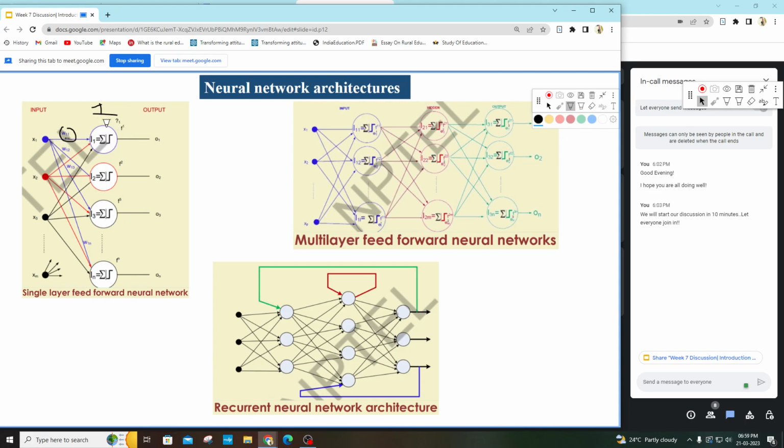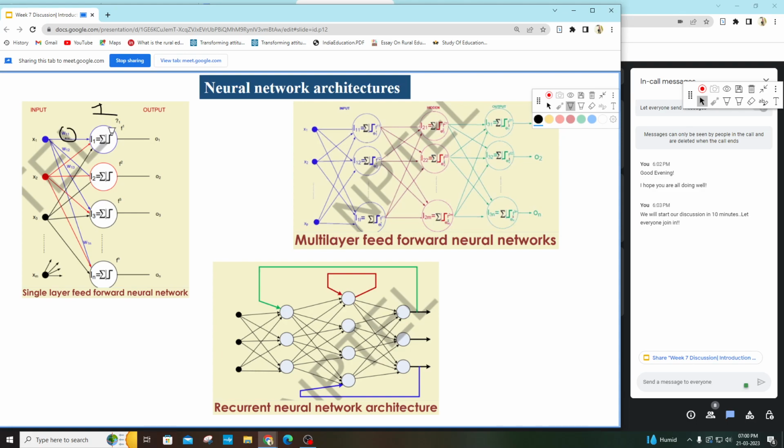If I tell you about this neuron, it will have the importance of x1 as w11, similarly x2 as w12, similarly x3 as w13. Here summation will take place, and then this sign, that means activation or transformation, will take place. So how will summation take place? Summation for this neuron will be x1 w11 plus x2 w12 plus x3 w13. When we add all this, you will get